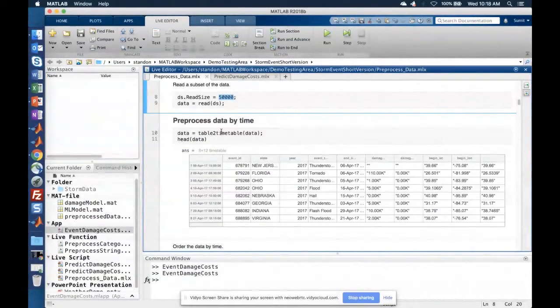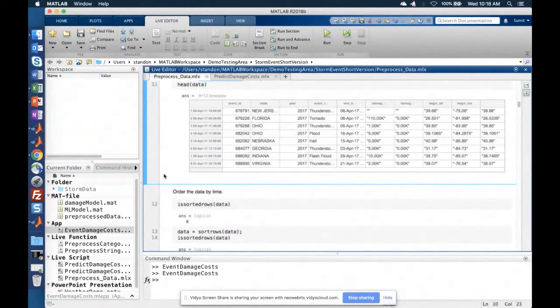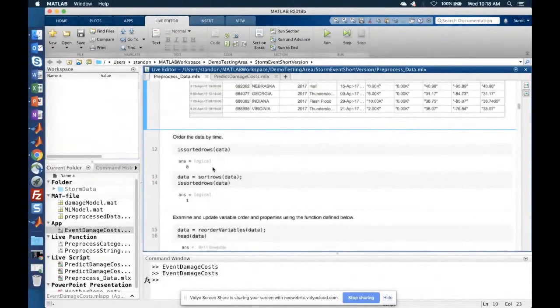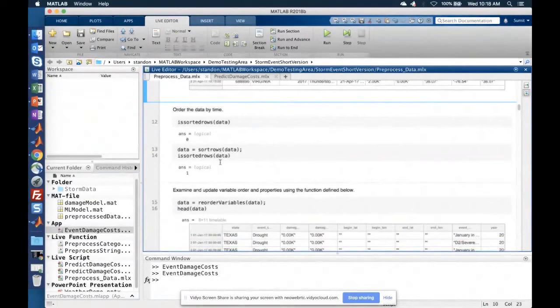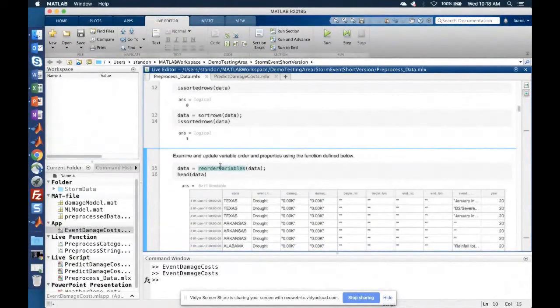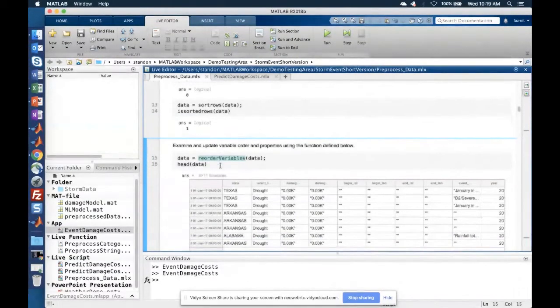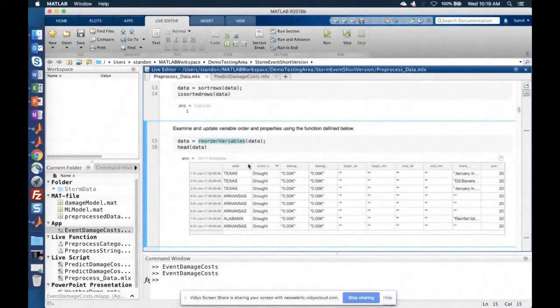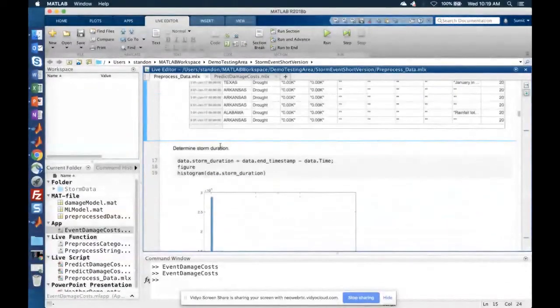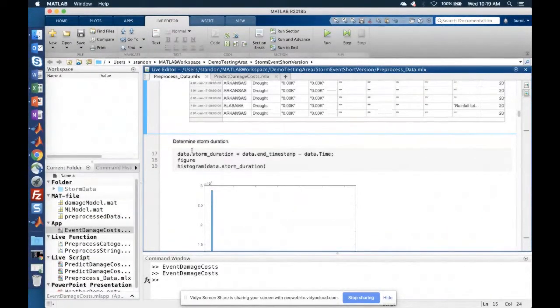Even though it is time sequence data, in some ways it is not properly organized. So I can use high-level commands to convert that to timetable format. So I have some sequential data, and then do some quick sorting here. Based on the analysis approach I took, I wanted to keep the focus on the location and the type of the event, and also the amount of damage that was being caused by the events. So I can use high-level commands like reorder variables, and a little bit of commands to reorder the data.